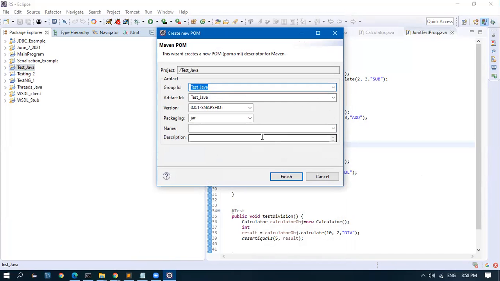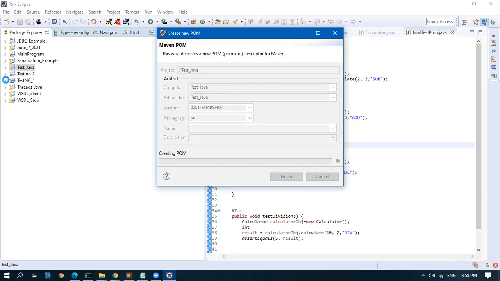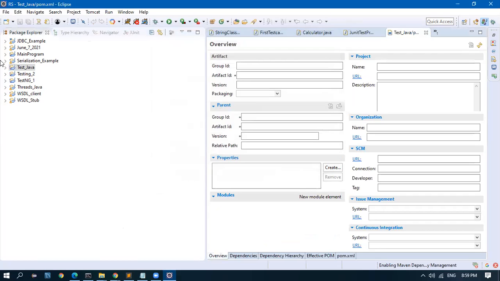Then can you try out with a different Eclipse? Maybe your Eclipse is having an issue, because as soon as you click convert to Maven, this is an Eclipse feature. You get this option. So we just give jar here, and we can leave the rest blank. These are artifact ID. We can give it blank and finish. You will get a pom.xml created. If you don't get this window, then there is some issue in the Eclipse, I guess.